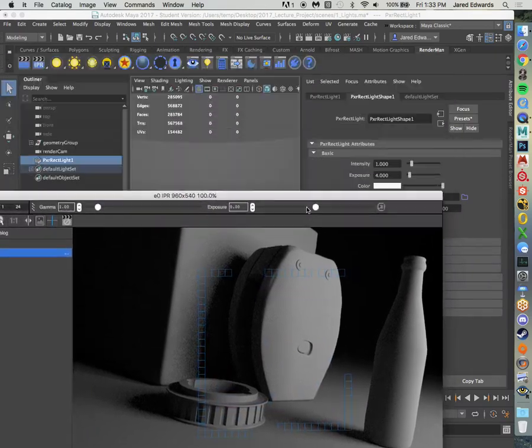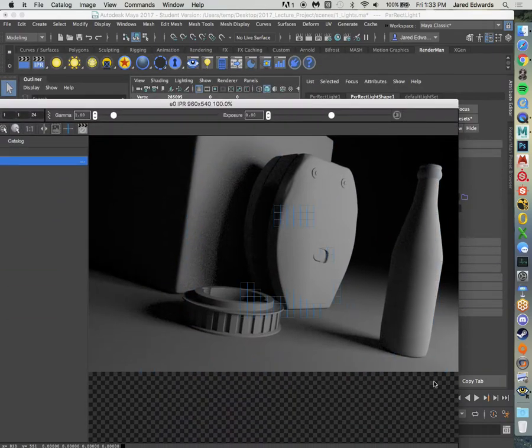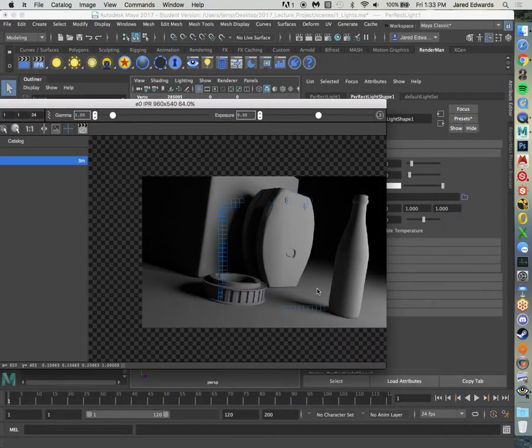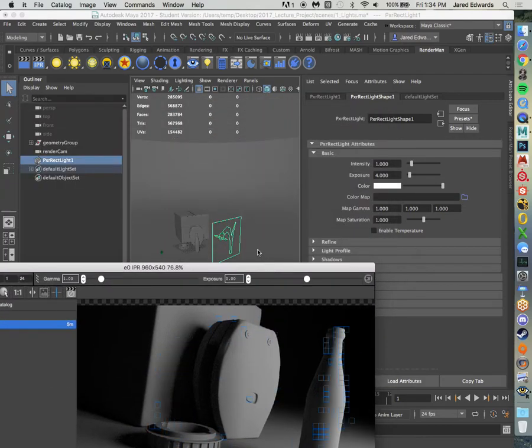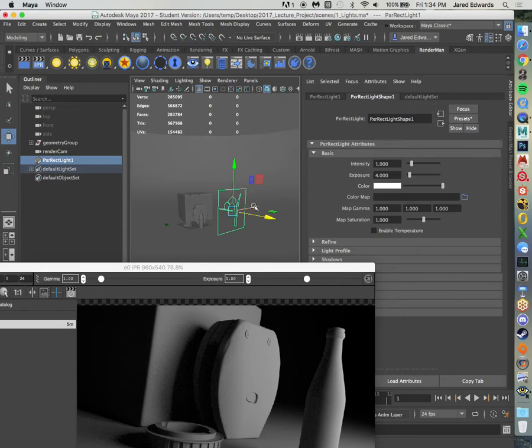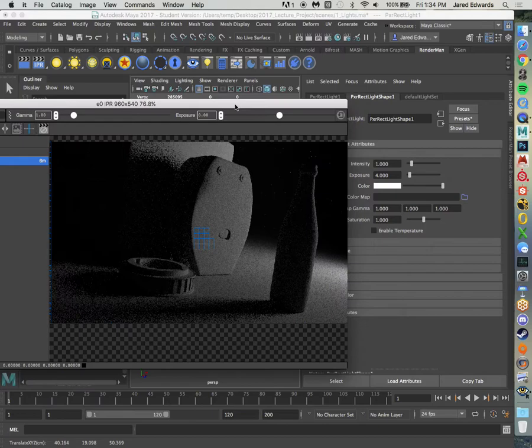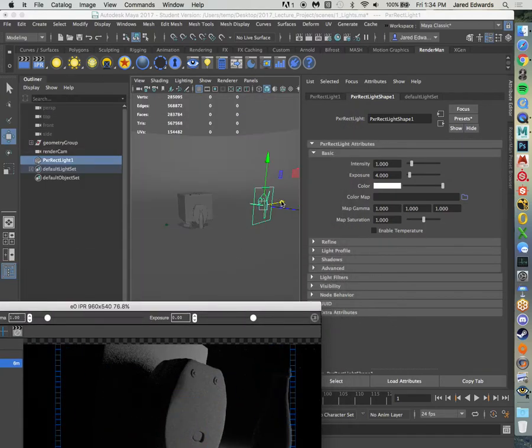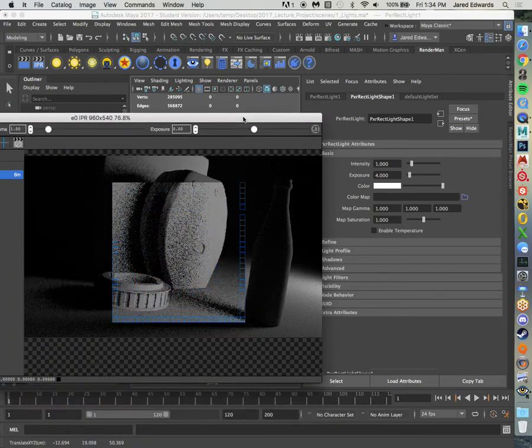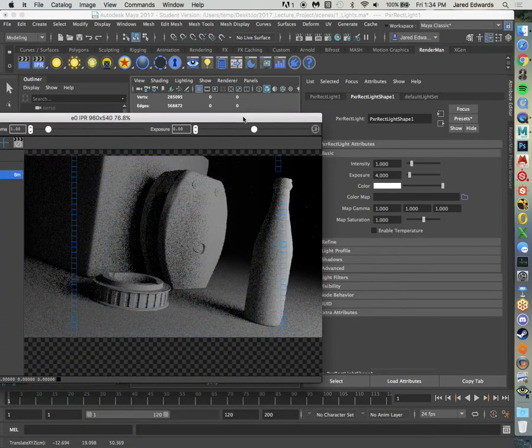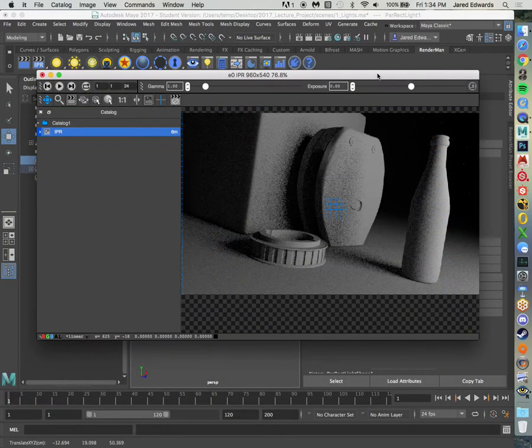But let's try moving the light. I'm going to scale this down a little bit so I can see it. We'll go to the light and click back here. It's going to move it back in the scene a little bit, and you can see the whole render is changing. We'll move it forward. It updates again. Now with the scale,